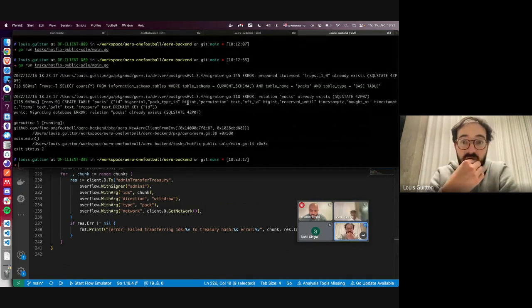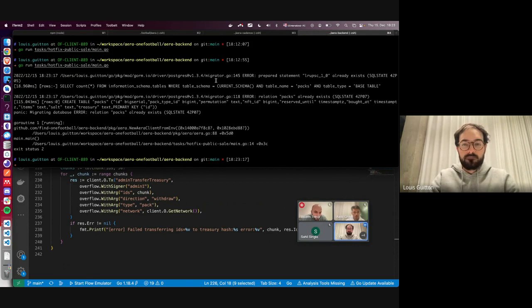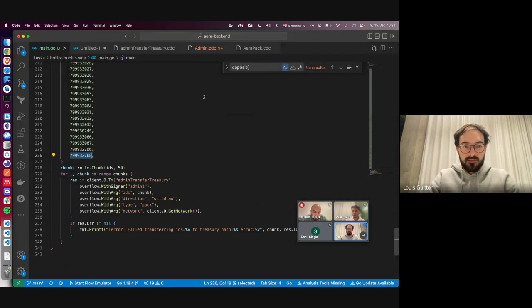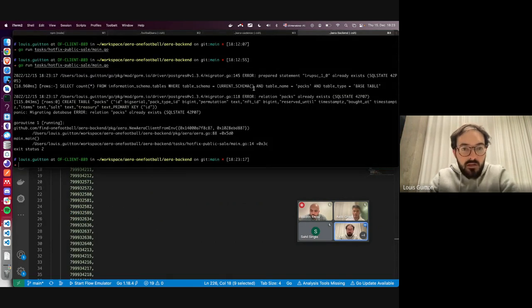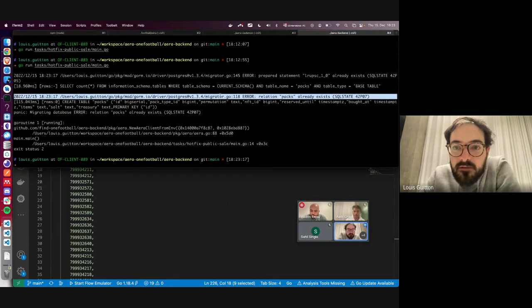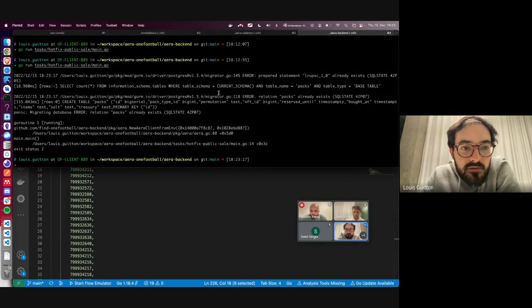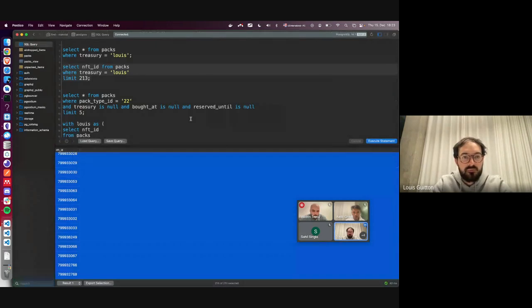That didn't work. What is going on? One got added. Okay, wait. What is going on now? Why is there this error now? Packs already exist. Migrating database error: relation packs already exists. Okay, why? It worked perfectly fine earlier. So if I select now,